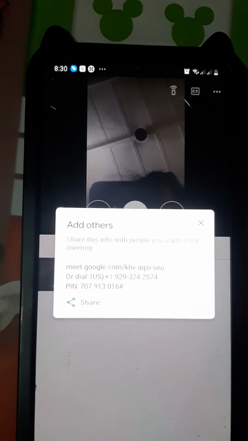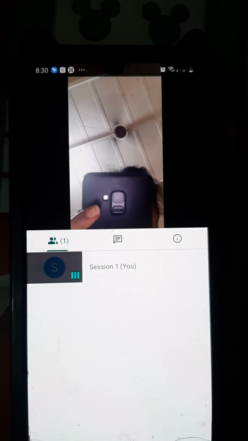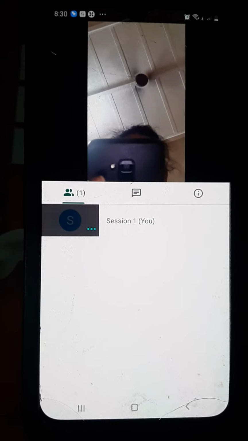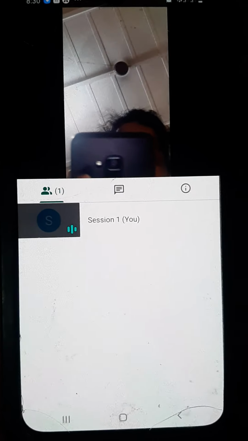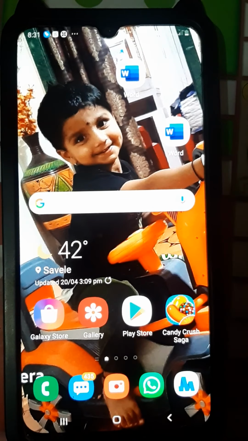Now we just go to the Meet app. Now remember this thing. Once you have shared, close the thing and start your meeting. Okay, at the time of the meeting, please don't click on these back buttons, what you call. Don't click on the back button. If you want to go for multi window, that means you have to click on this button if you want to start something else.